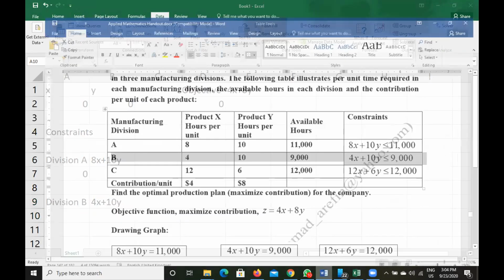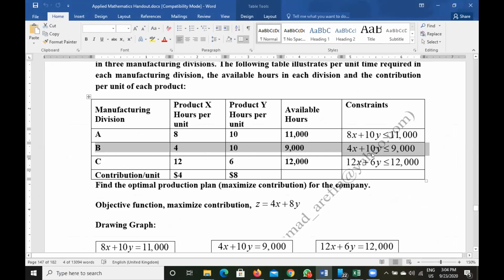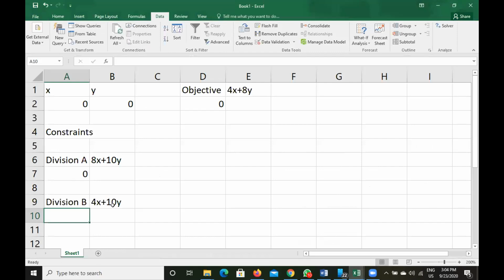I'm showing you again: the second constraint is division B, and the formula for it is 4x plus 10y. Forget about the inequality just for now. I will show you how to include the inequality later. So the formula of the function is 4x plus 10y.